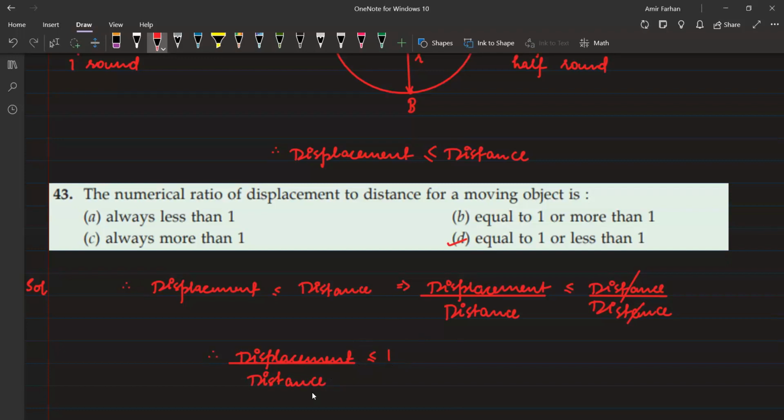So let's keep this class here. From the next class onwards, we will do the speed of a body. We'll talk about the properties of speed, what is basically speed and how do we define it, what are the characteristics, and also